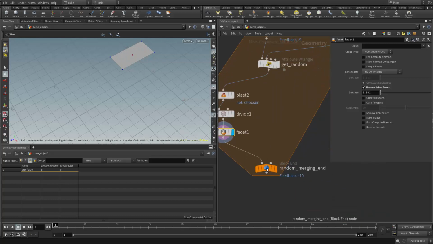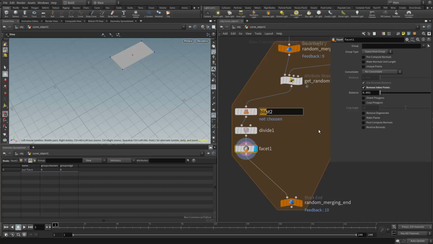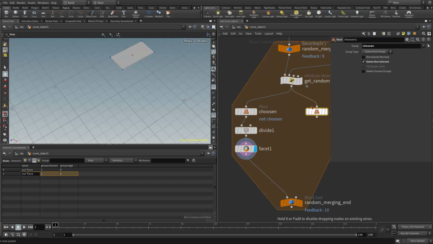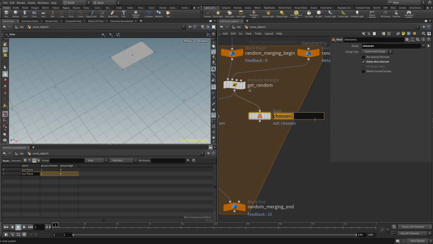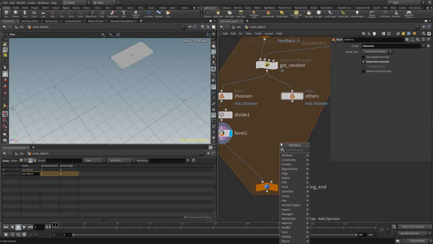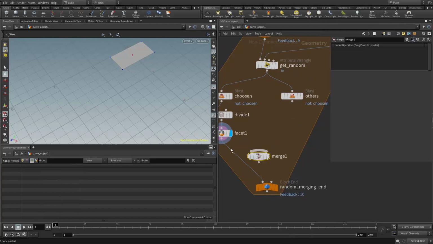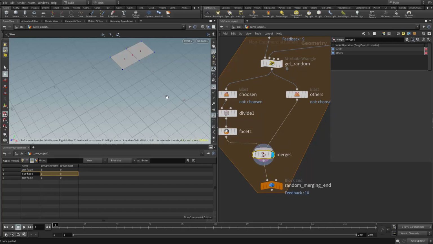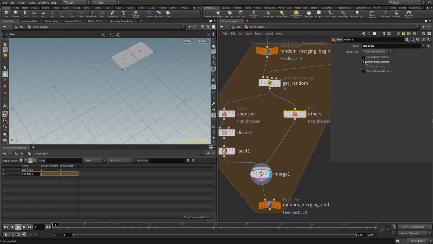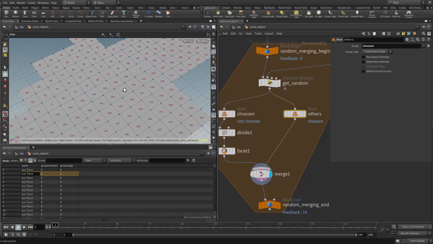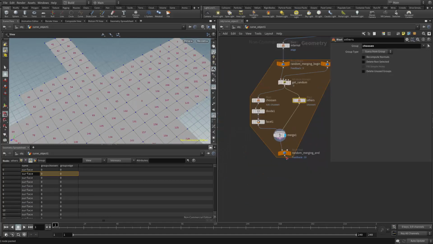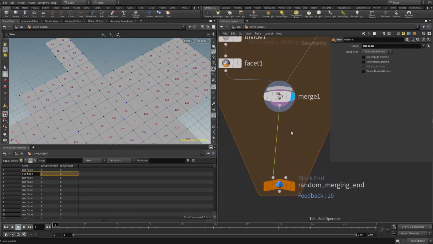Okay, and then you can say this is the chosen one, and then I'm going to go Control C, Control V, others. And we simply just merge everything back using a merge node to merge everything back now. For these others, of course, it's going to be delete non-selected. Right now you can see we have two faces merged through this one pass, and then we do one more thing called fuse,